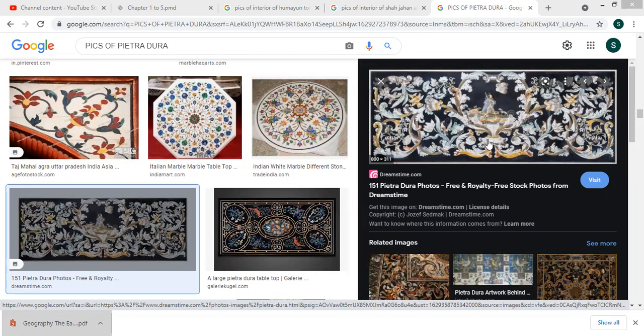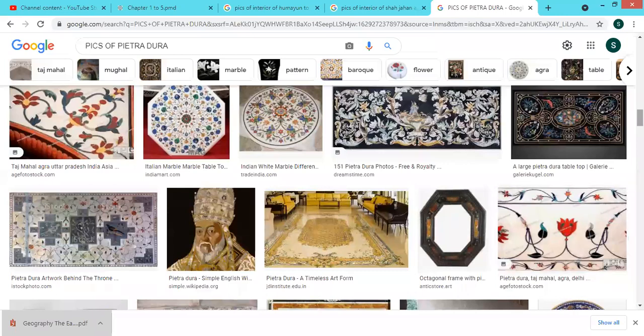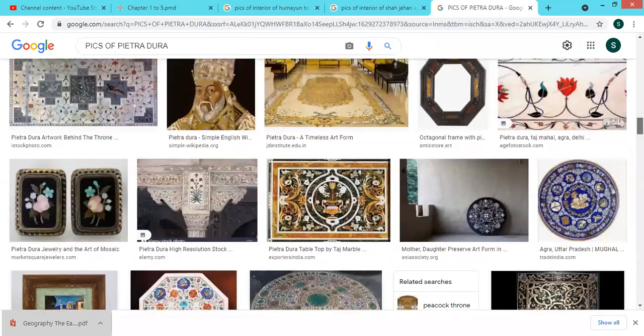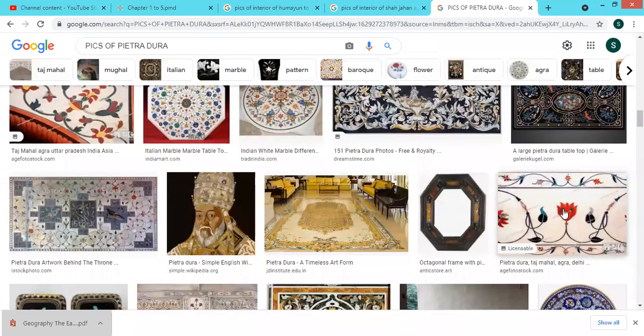Pietra Dura is colored hard stone, as you can see in these pictures, placed in depressions carved into marble and sandstone, which create beautiful ornate patterns. Many examples over here: the pictures of Pietra Dura, inlaid hard stone placed in depressions carved into the white marble or red sandstone.